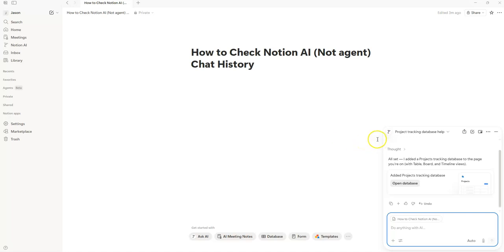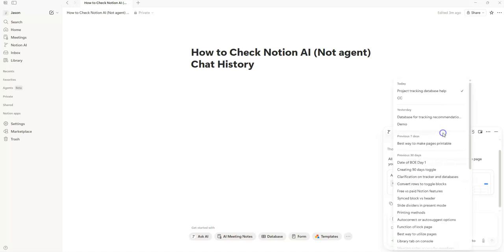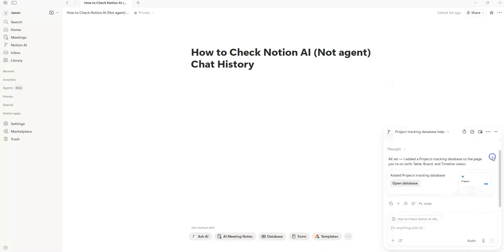But they have added this new feature where when you open it, you can track your previous chats, and you can also delete or rename these chats that you've had. And when Notion AI first came out, it would just disappear, and it was very difficult to use. So it's good to see that they're making it better and more convenient to use,